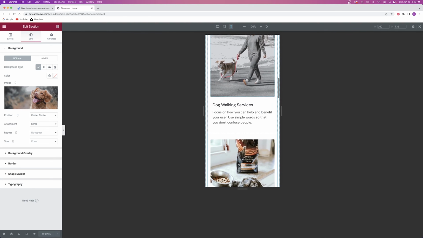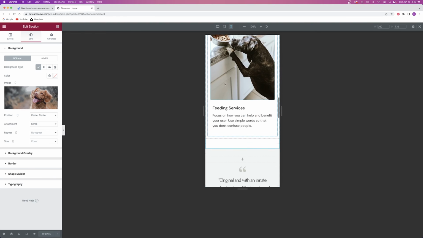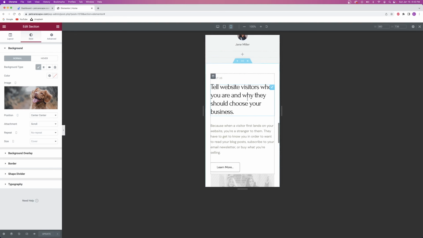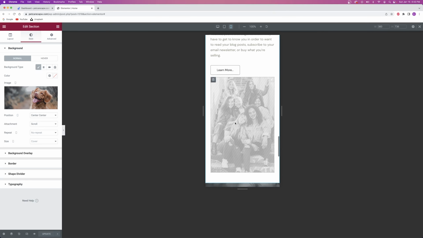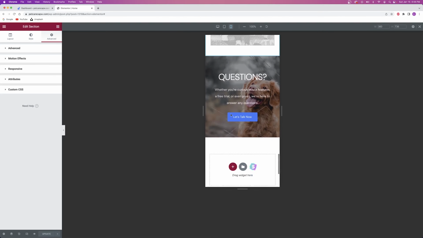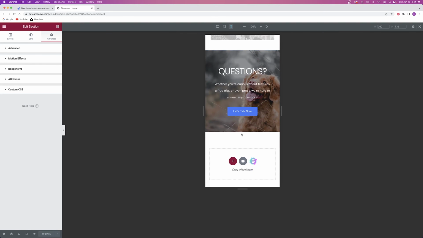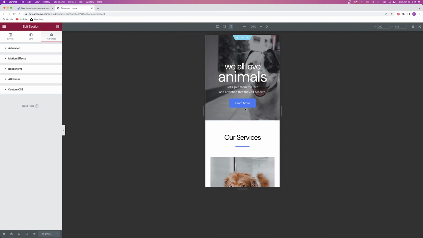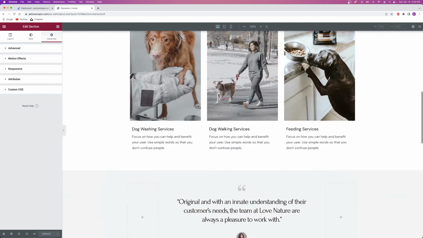And then we've got the 3 services. They just stacked on top of each other. So that's pretty cool. Testimonial looks good. Website looks good. And it looks like this is not going to show up on the mobile view. And then down below, we have our question section as well. So it looks like the home page, and only the home page, looks good on all 3 renditions of the